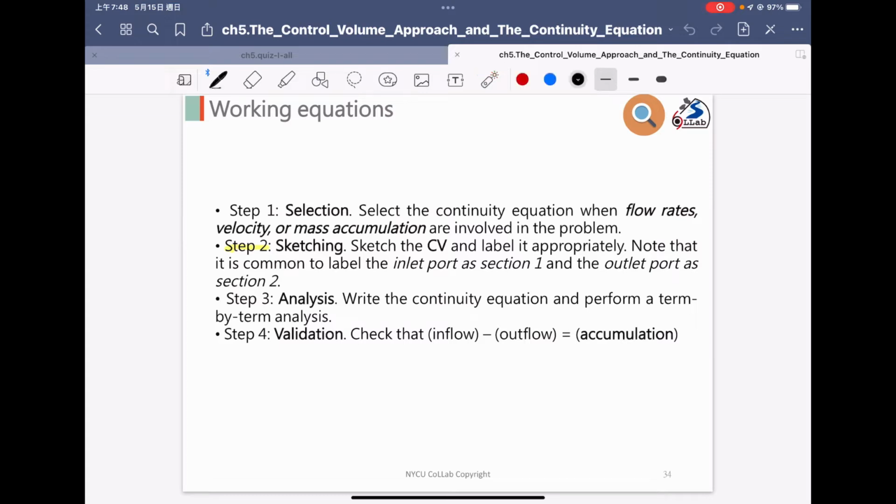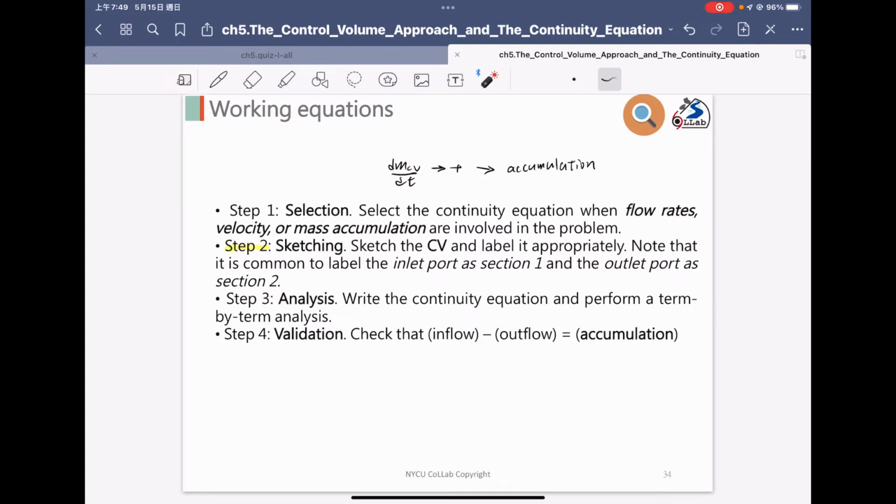If mCV is positive, we can conclude that this is accumulation. Okay, and the second thing I highlight here, because I think it is most important when we apply the continuity equations,